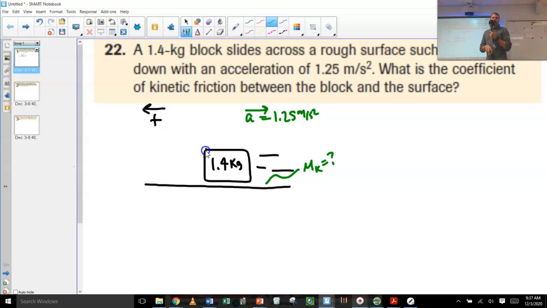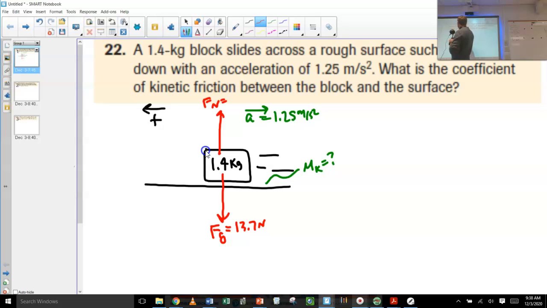So here we are. Number 1, I'm going to put in all the forces that I've got. There's a downward force of gravity, and I take 1.4 and multiply it by 9.8, and you get 13.7 newtons. There's a normal force. It's the same as gravity because it's a level surface. I'm not pulling up or pulling down. There is friction holding me back, and I don't quite know what that is because the